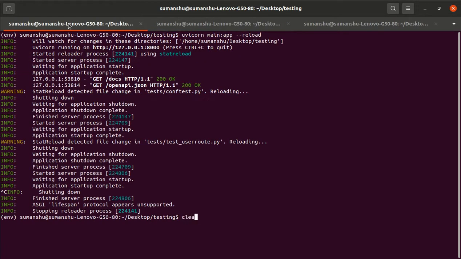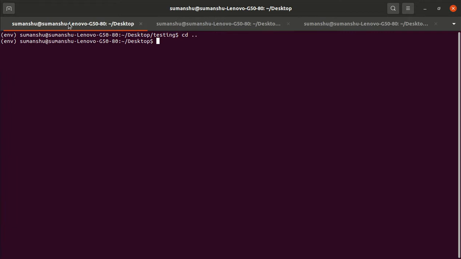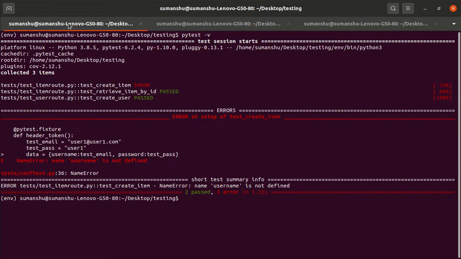So let me terminate the application. To run the test case, cd testing, clear. Now pytest -v. Let's see if we did something wrong. So we did something wrong. It said that the username is not defined.